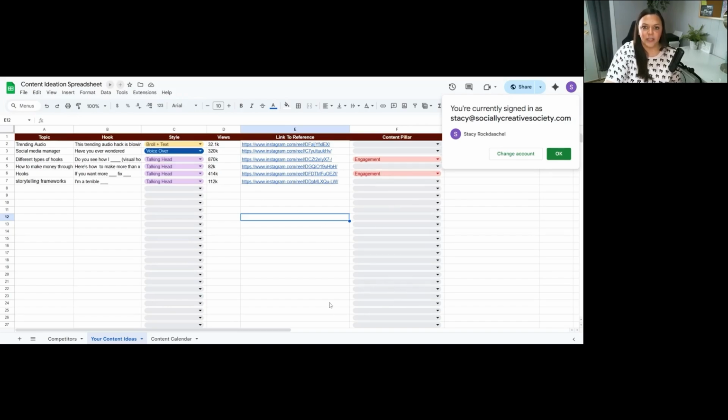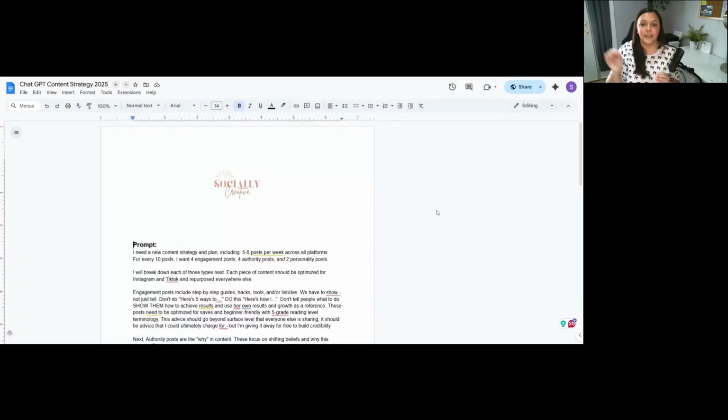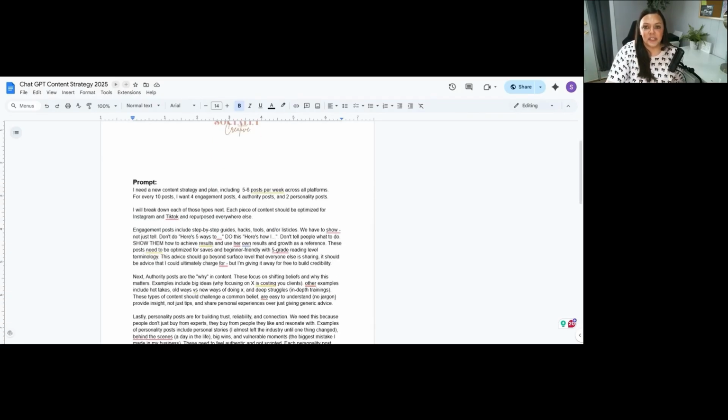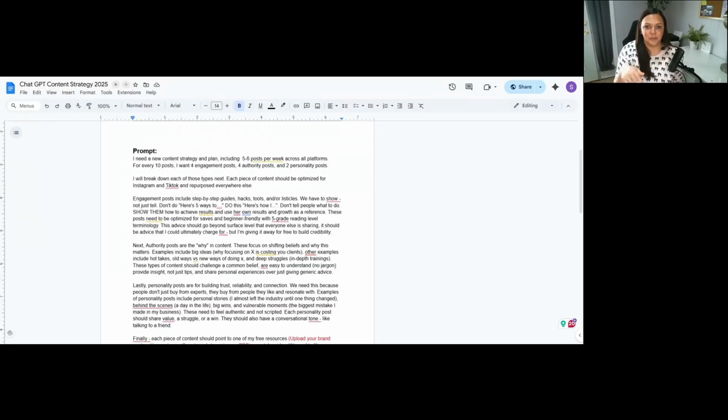Once you have 12, we're gonna go to the next step, which is using ChatGPT to speed up this process. Next, I want you to take this ChatGPT prompt that I personally use to help me write my scripts. All I have to do is plug in the topic information that we researched, as well as the hook, and ChatGPT takes it from there. Now with this prompt, I do have it linked in the description for you. Make sure that you are only copying and pasting the paragraph for the specific content pillar that you are on, because I do have all 3 of them in this prompt.